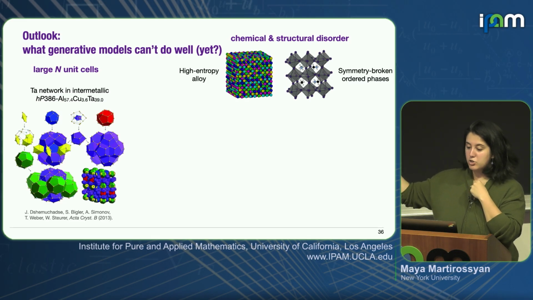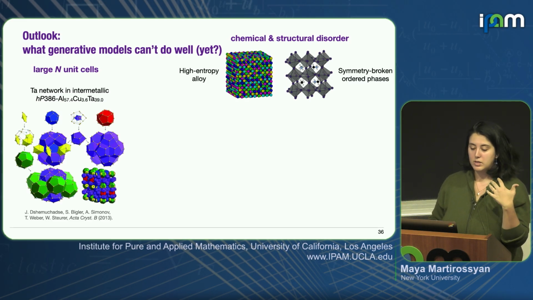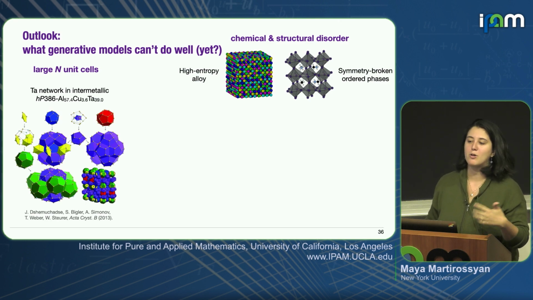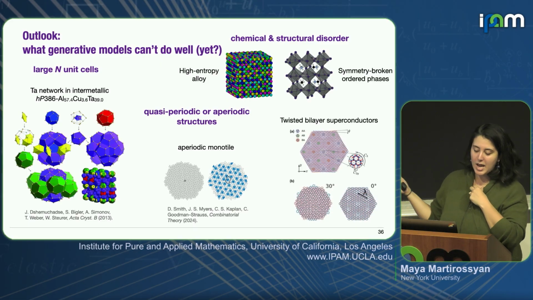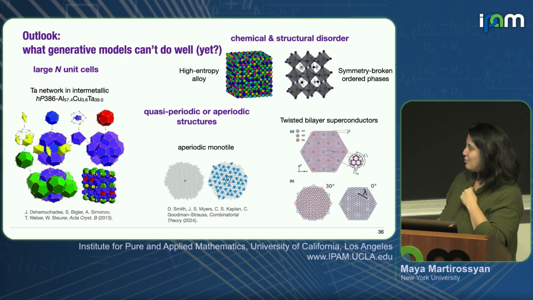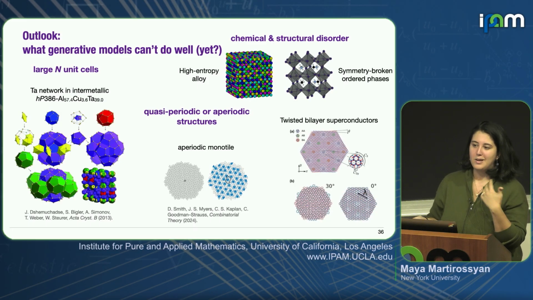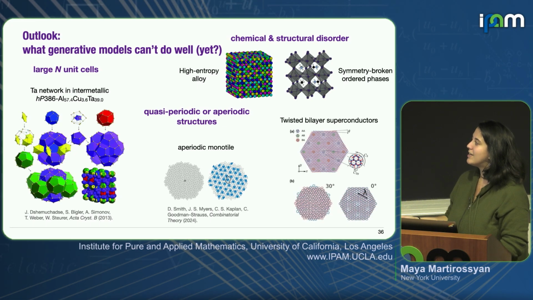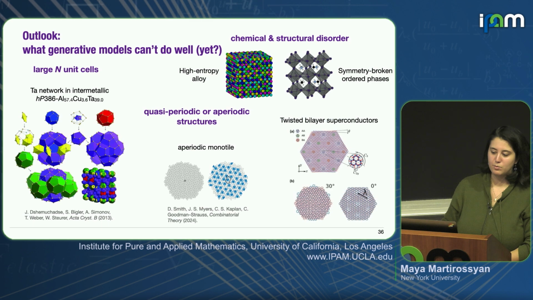We should be thinking about structural disorder, so symmetry breaking, as well as chemical disorder, so alloys. People have started to think about this, but these are very hard problems to incorporate into the framework of generative models. To make the problem a lot worse, you could think about things that are aperiodic. These twisted bilayer superconductors are periodic in each layer, but if you twist them at exactly the right angle, you can no longer describe their tiling periodically. All of these, I think, should be under the purview of generative models.